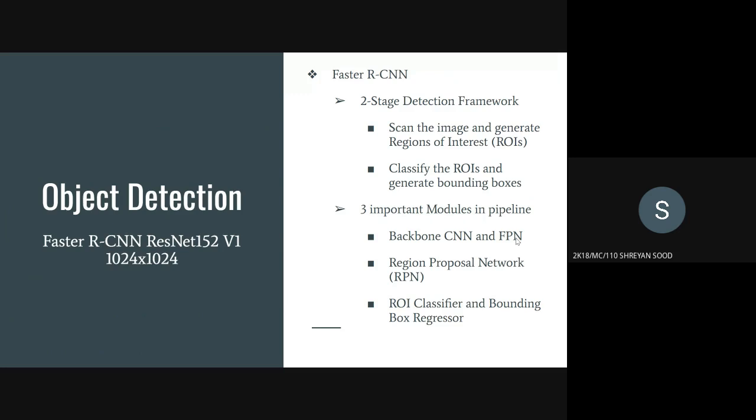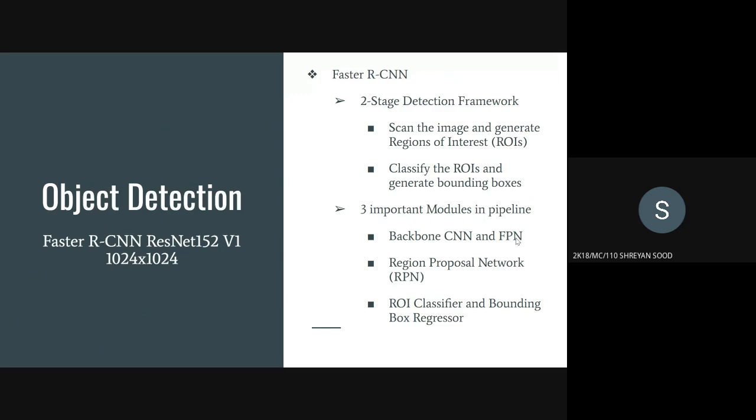FPN refers to the feature pyramid network that basically helps in localizing and concatenating features across different levels of the CNN. Second is the region proposal network, the RPN, which is a lightweight neural network that scans the image through the sliding window algorithm and finds areas that might contain detectable objects using anchor boxes. The third is the ROI classifier and the bounding box regressor, which is basically a combination of the process known as ROI pooling and the classifying softmax layer, which actually classifies the detected object and returns the coordinates of the